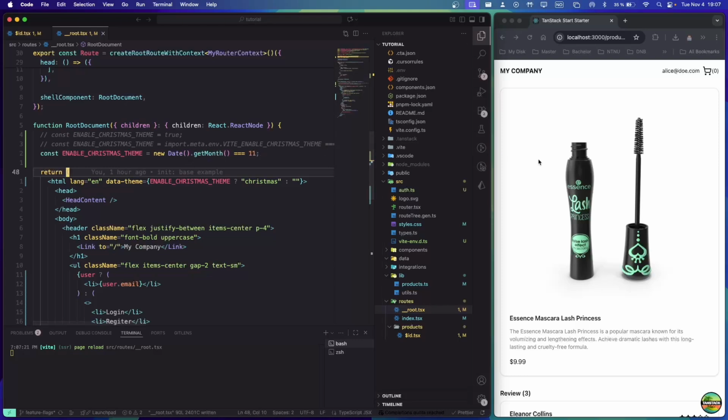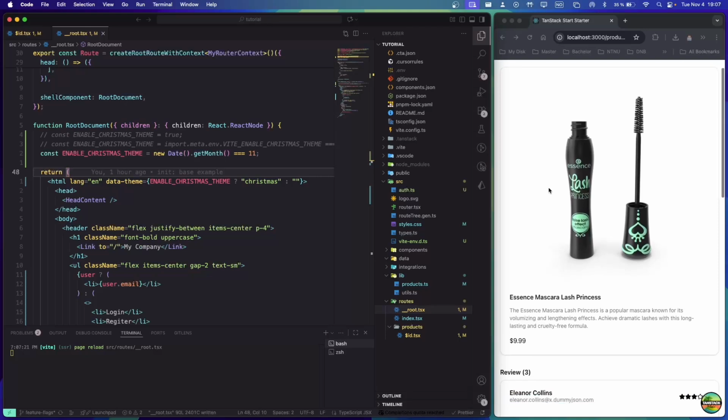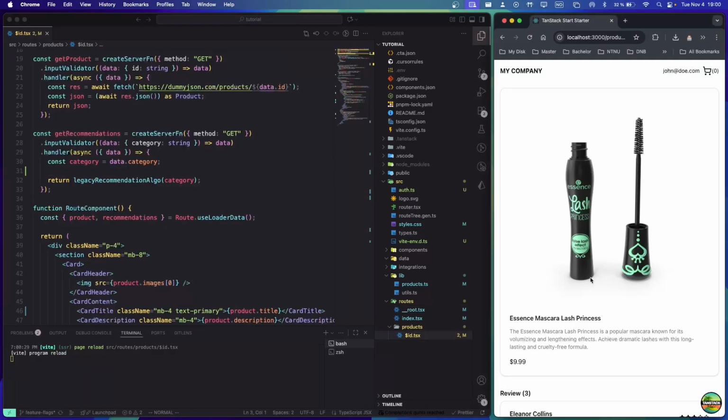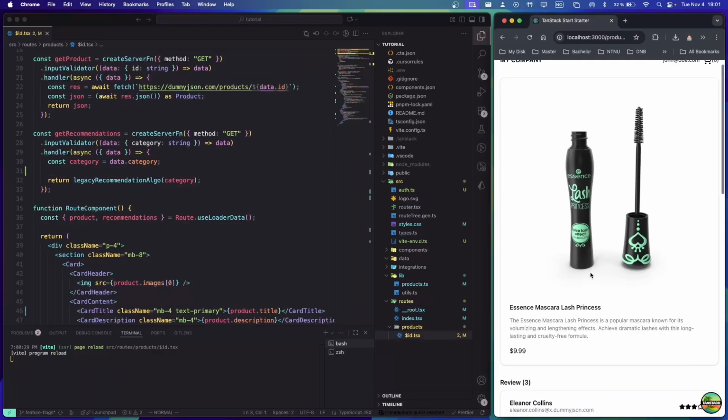And then you will have this theme available throughout December without you actually having to do anything or flipping the toggle on and off. For my second example, we are still on this basic e-commerce site,